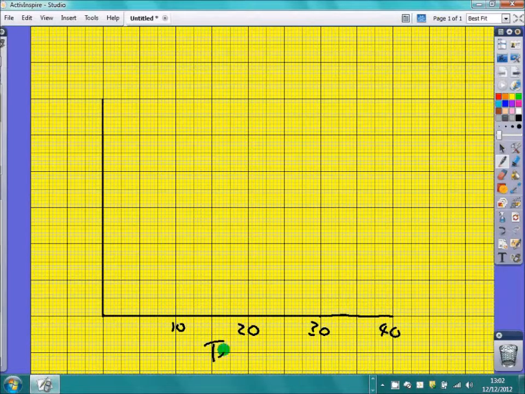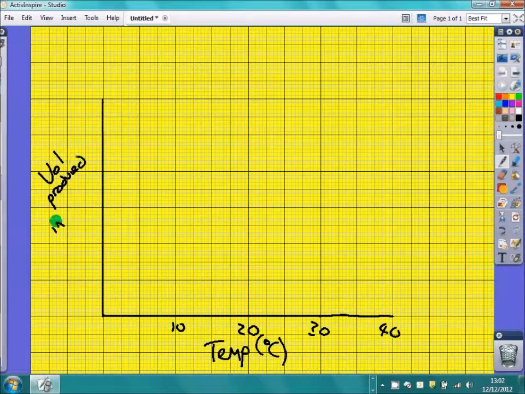So that is my temperature in degrees C. Going up the side, I've got volume produced in 30 seconds, and that's in ml. And that goes up to 44, so I can have 10,